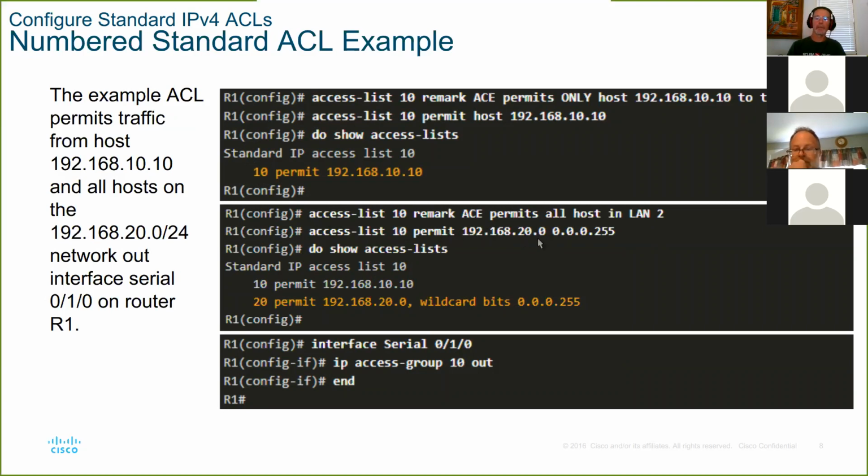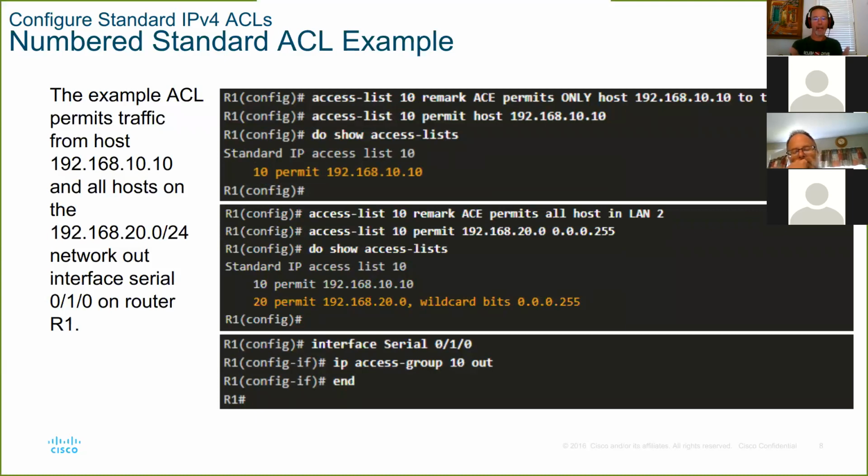So here's one that permits all hosts in LAN 2. So it's the 20 network and it's the 255. So it's all of the hosts in the 20 network. And this is what it looks like. Because I previously had an access list 10 and I added a rule to it, it still falls into the 10 net access list. You have to be careful with that because I'm going to apply this to a single interface in a single direction. And if the 10 and 20 network don't flow through the same interfaces, that could cause a problem.